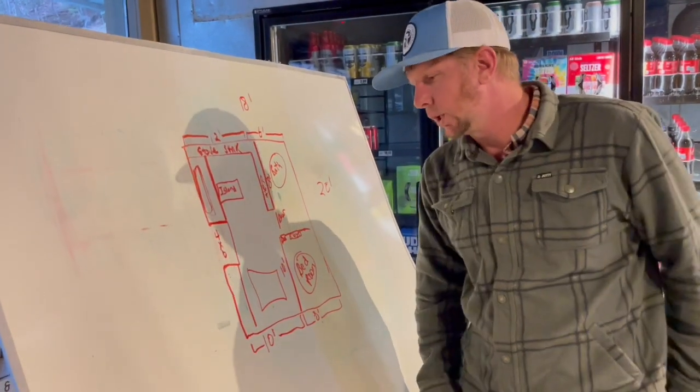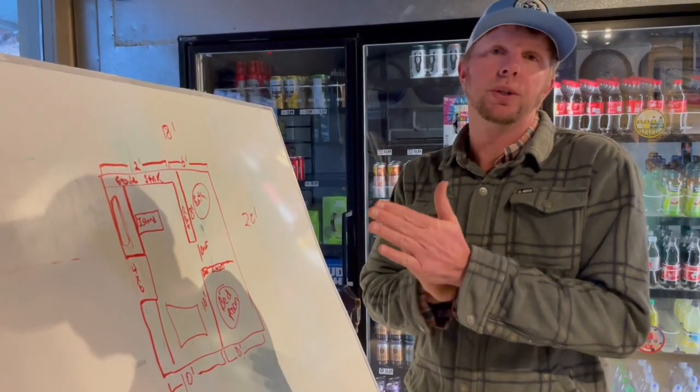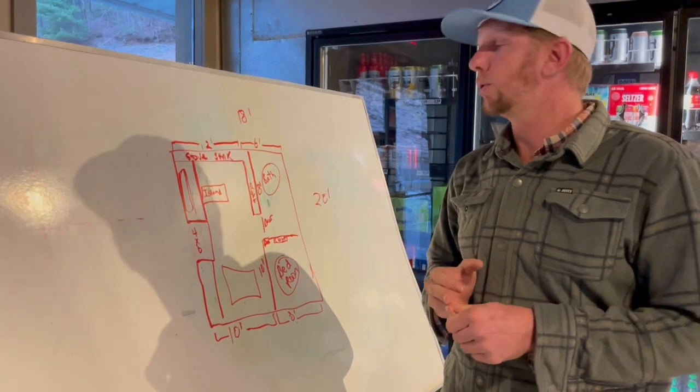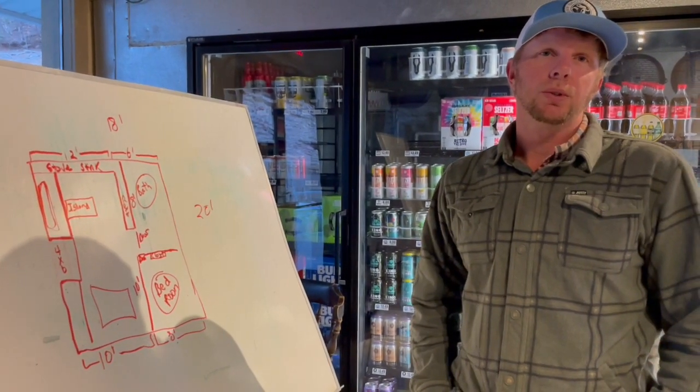And we should be getting our floats tomorrow, and we will be getting underway on this build to get it going, get it in the water. Hopefully 2.5 months to have it completed, maybe 3. Me and Sarah spent 12 hours a day until we got the last one done, so we'll see what happens with this one. As we get you further into this build and you start seeing how we do it,